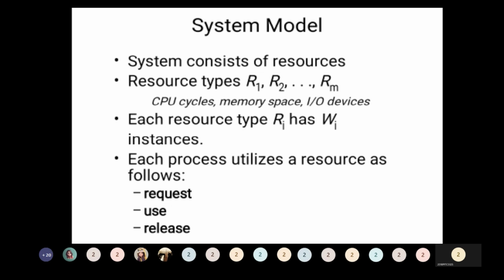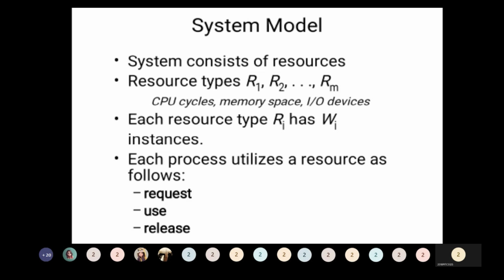So for doing so, we must understand what is a deadlock, what are the ways in which deadlock will be characterized, how to avoid, how to prevent, what are the methods we can follow for handling deadlocks, how to recover from deadlocks when a deadlock has occurred. All these things we have to understand. Before understanding that, we must know what is a deadlock actually. So for knowing that, take a system of resources.